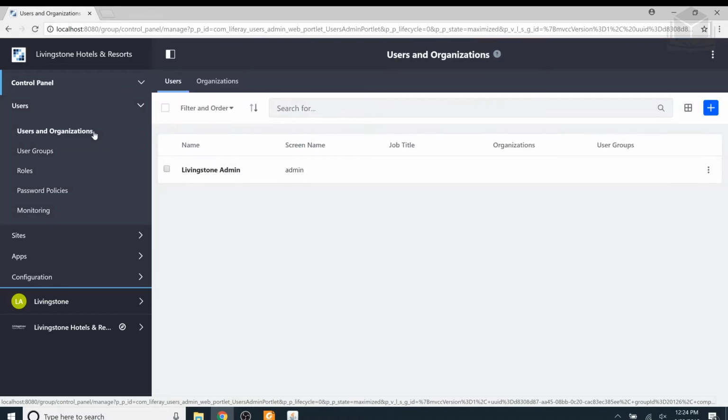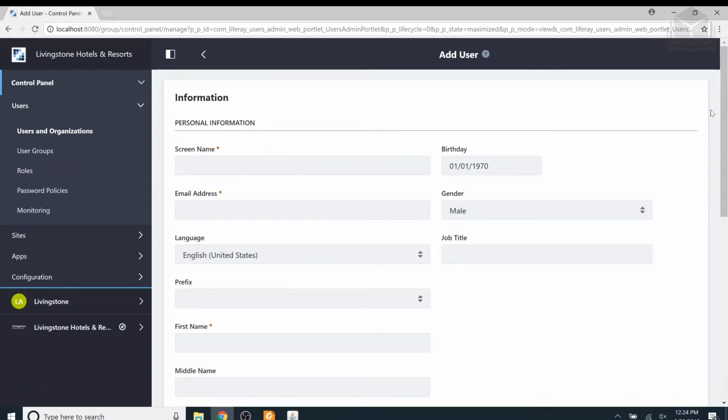So again, it might take a little bit of time to load. If it does, no worries. Okay, so from here, moving my mouse cursor, we're going to click on that blue plus button over here on the right. We'll again wait for a little bit, and let's go ahead and fill out the fields required for Josiah. So the screen name is going to be a simple one. It'll be